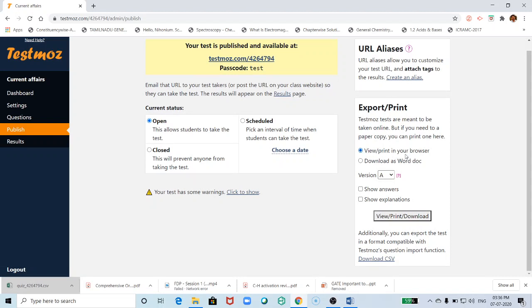You can download this as a pdf file, or you can download it as a word document. Here you can select this and click view or print download.